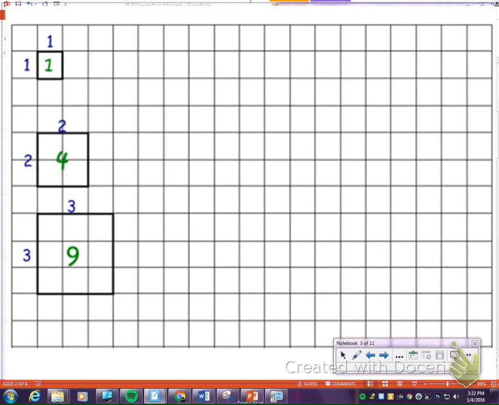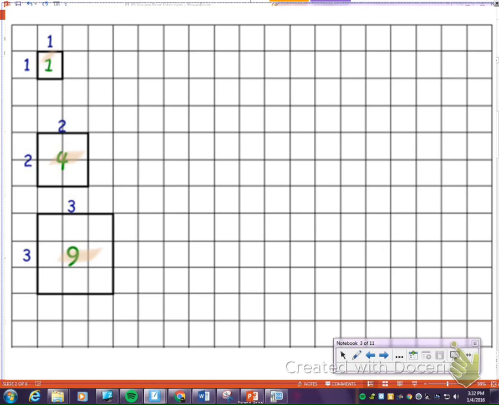Okay, so we're going to take a little bit of time and talk about perfect squares and square roots. Now, before we get into this, you have to understand where this idea comes from. When we're talking about perfect squares and square roots, we really are looking at squares themselves. And what square roots are based on, or how we find square roots, we're really focusing on the area of a square. So if you look here, I have 3 different squares, and the area of the squares are 1,